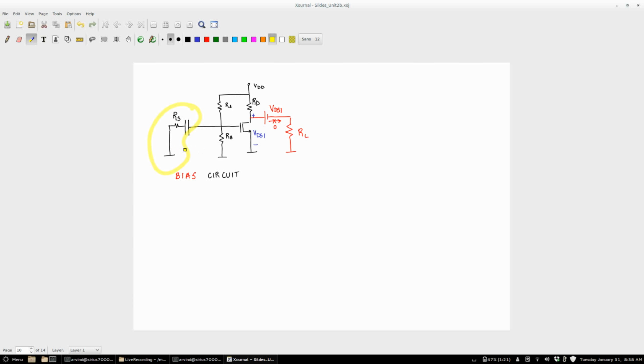Okay, so bear with me, I keep jumping between bias and incremental circuits, and I can write down which circuit it is, but I think from the flow you should find out which one it is, right? Even though I have drawn this RS and capacitor, we have discussed that it is no longer going to be of importance, because we have chosen this capacitor such that no current flows through this. Similarly, in this bias circuit, the current through this RL is going to be 0 because I chose this battery to be VDS1.